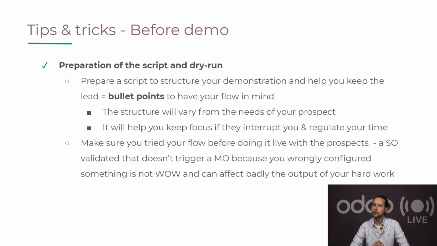Such as, for example, a make-to-order, a reordering rule. So, for example, a sales order that automatically triggers a purchase order or a manufacturing order. Well, all these types of automations should be better checked before the demonstration, simply for the reason that, as you